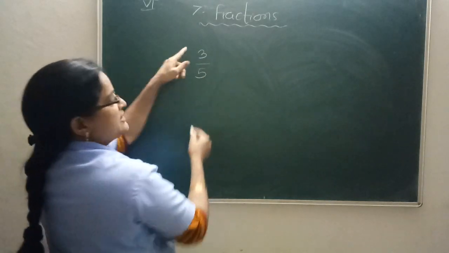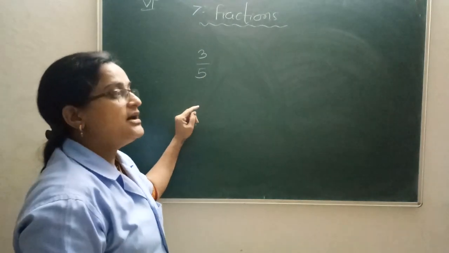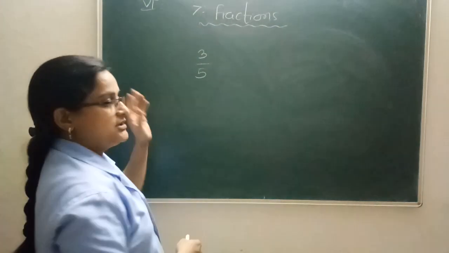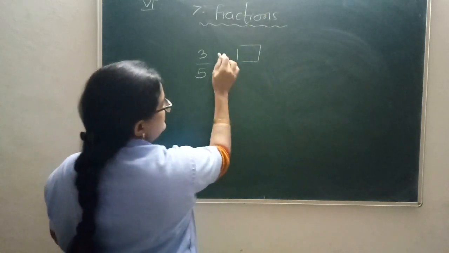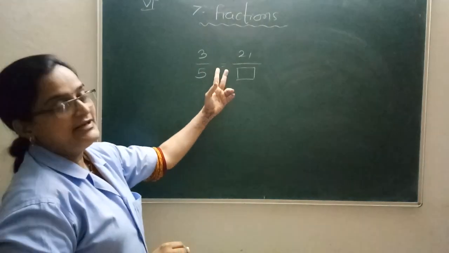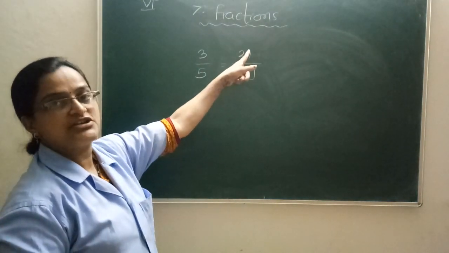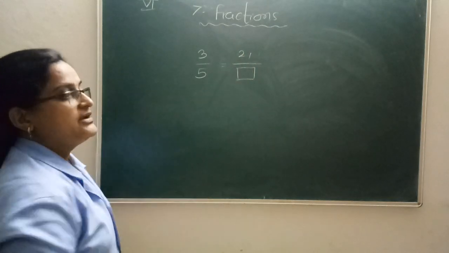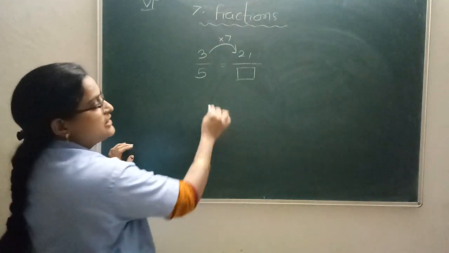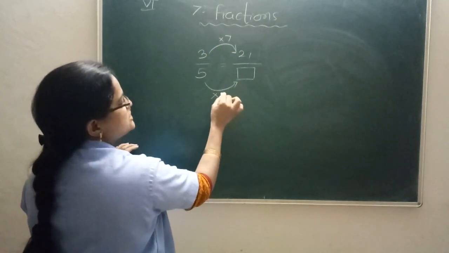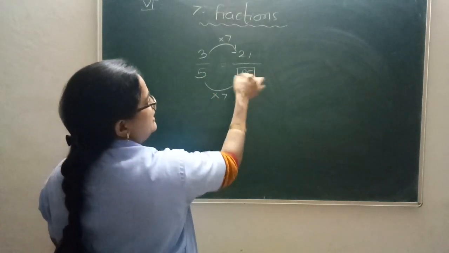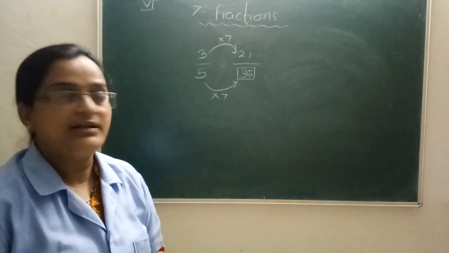If you are given 3 upon 5 and you are asked to find the fraction equivalent to this fraction with denominator 21, then equivalent means having equal values, right? Then in what way had we done it? See, equivalent means equal values, and I want a new fraction whose numerator is 21. Then what do I do? I find out a relation. 3 sevens are 21. The same relation I establish in the denominator, and so 5 sevens are 35 I get, and this is that required equivalent fraction.